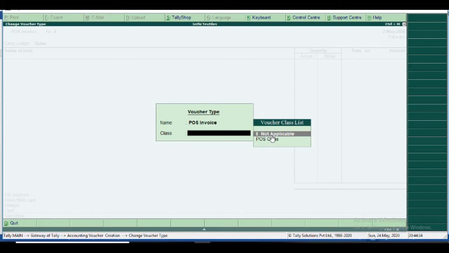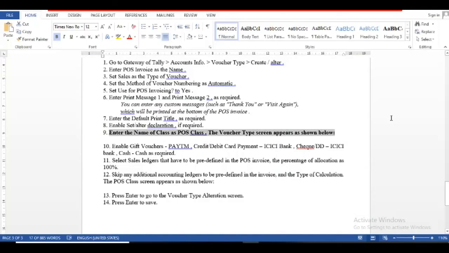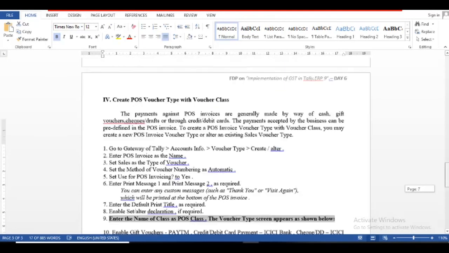But you select the POS class, and these four options automatically come. Okay, not only these options are enabled; some allocations, sales, discount, and then some taxes, GST also can easily be enabled in the POS invoice. That is a very advanced discussion, so I stop this discussion here. So you easily understand how to create a POS invoice with a voucher class.